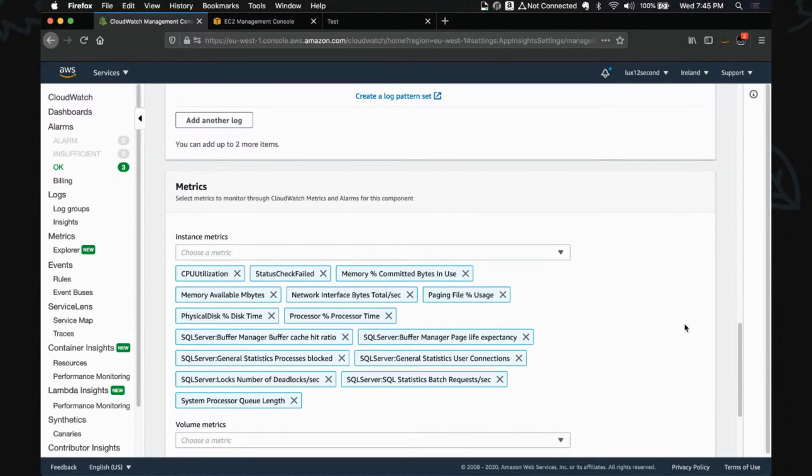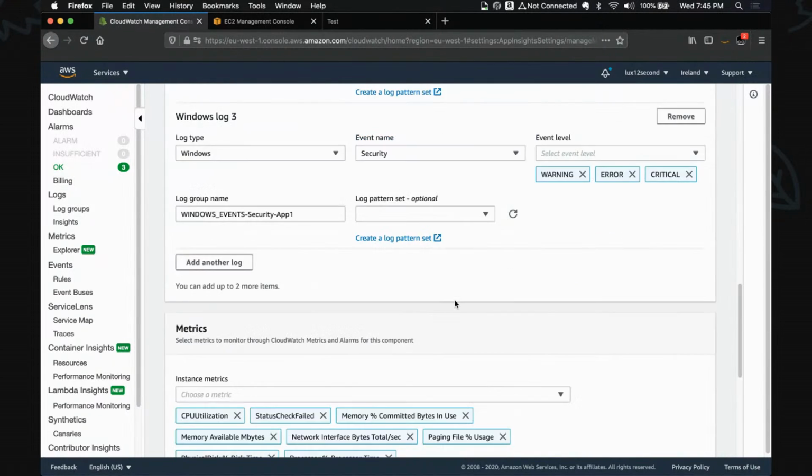We can't see your memory utilization. And obviously, we can't see your SQL stats, right? We can't see your SQL metrics. You have to push them out. CloudWatch already supports it, but you have to configure the CloudWatch agent or Systems Manager agent to push them out. But if you enable this service, they are done on your behalf, right? So these are the things that are monitored.